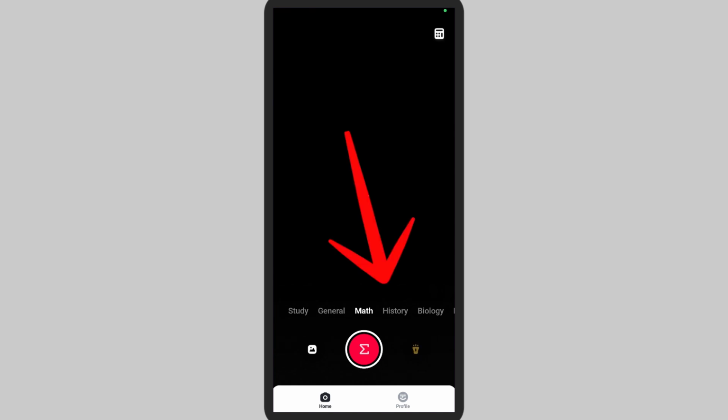Now, in order to change or switch into them, simply tap on them. And as you can see, I've been easily switching it. So it's basically clicking photos about the questions or even the things that you want to inquire about. So it's better you simply switch on to them and click the photos, and the AI will automatically give you all the answer. So it's quite easy and friendly too. So simply tap on the subject and click the